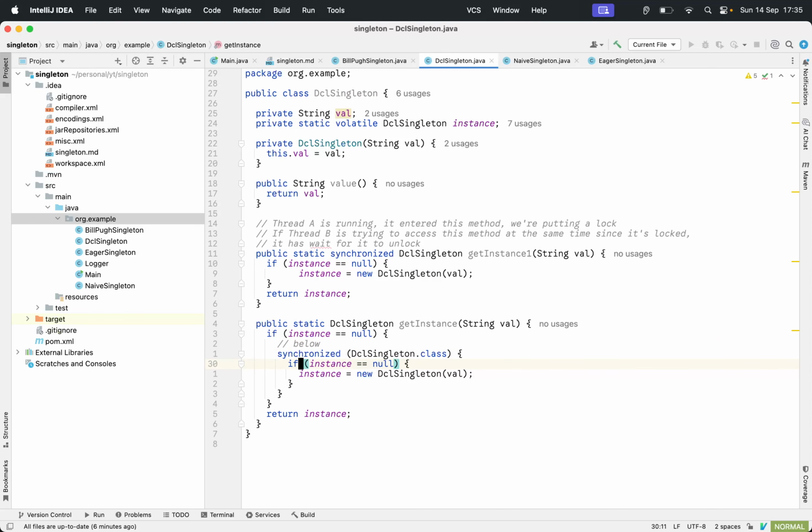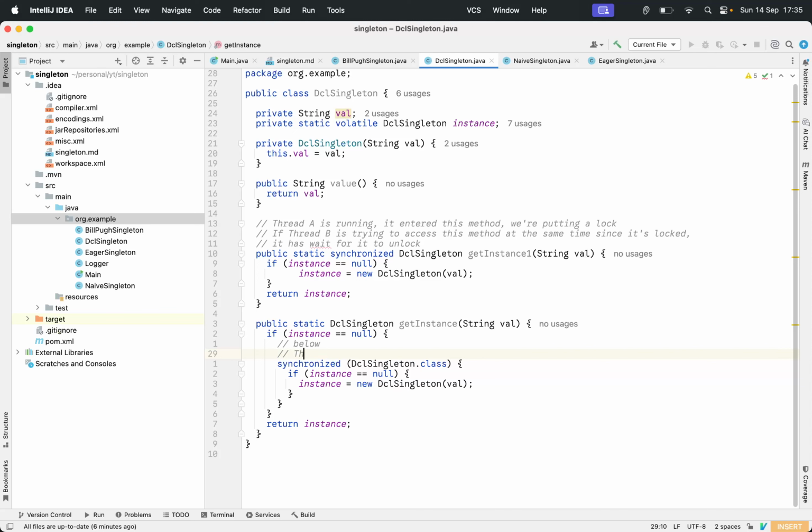Let me explain clearly why the second null check. Thread A went inside, it started initializing the singleton instance. Pretend the second check didn't exist.